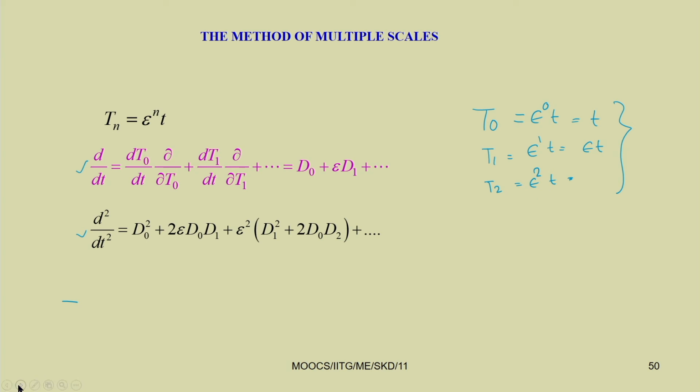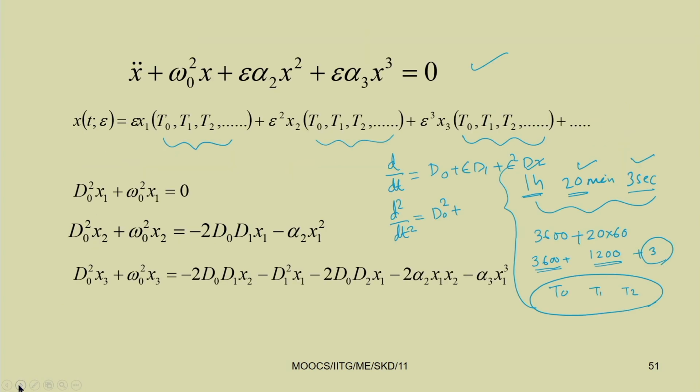So, this way we can write down these terms, other terms also can be written, and substituting these things in this original equation and separating the order of epsilon, we can get, so this is epsilon to the power 1: d0 square x1 plus omega0 square x1 equal to 0, d0 square x2 plus omega0 square x2 equal to this